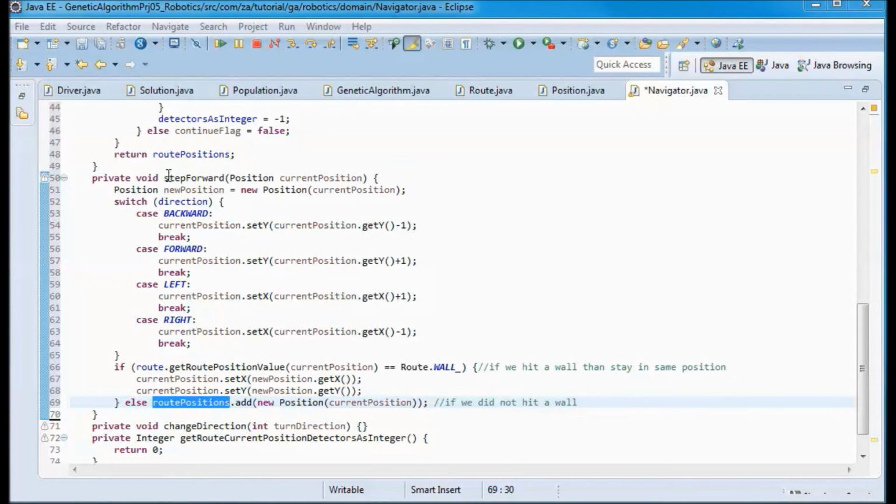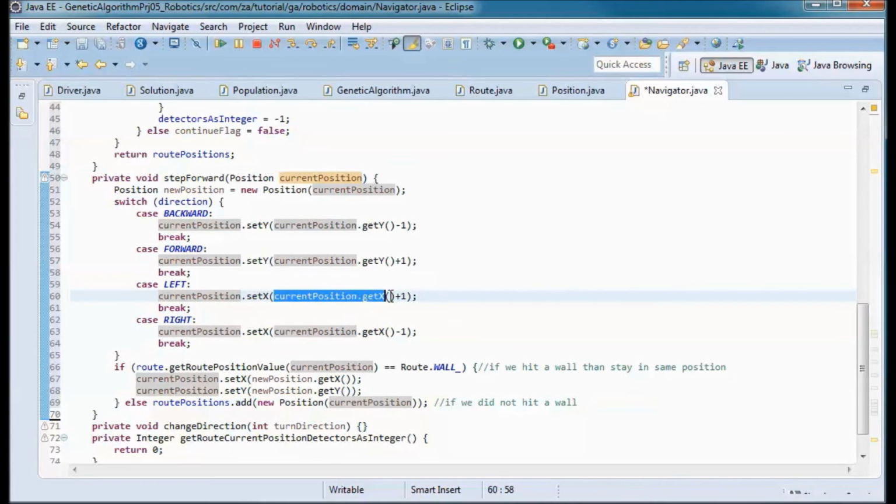So if we are stepping forward and the direction is backward, then we do current position dot get y minus 1. If it is forward, then we do current position dot get y plus 1, and if that direction is left, we do current position dot set x, current position dot get x plus 1, and if it is right, we do current position dot set x, current position dot get x minus 1.